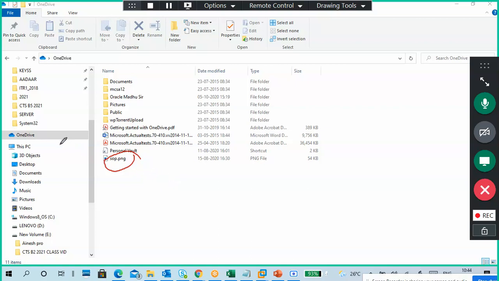I can open my drive with my Microsoft account, and then I can access this data. Whenever I put data here, it is synced with the OneDrive cloud storage, so I can access it from anywhere. That is one part of cloud integration.